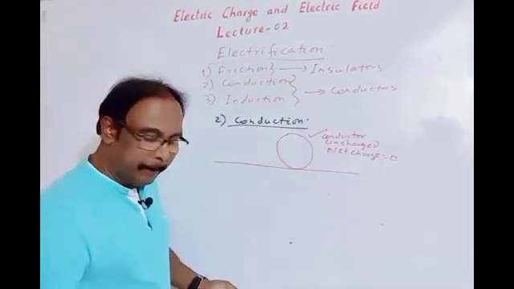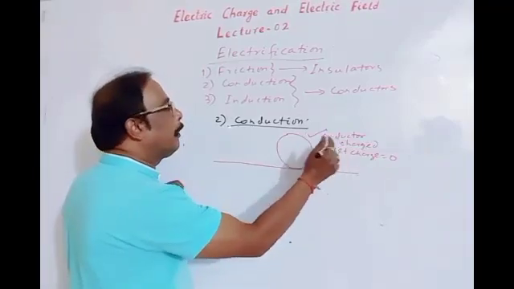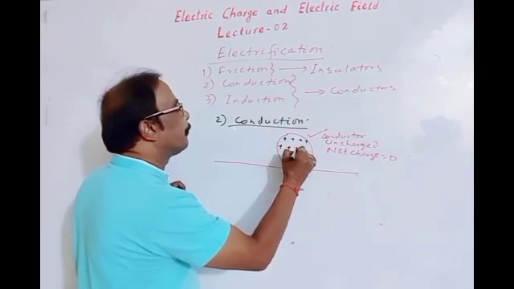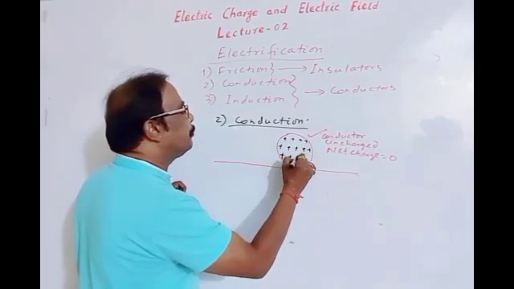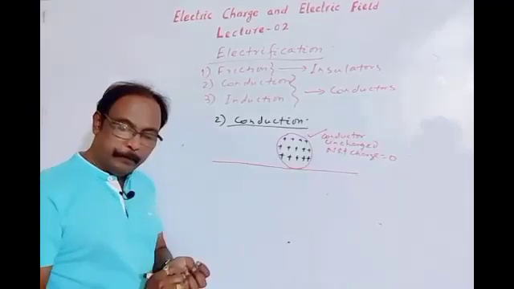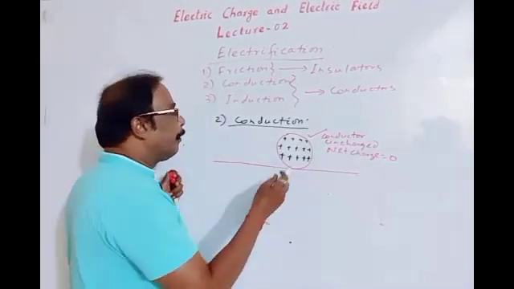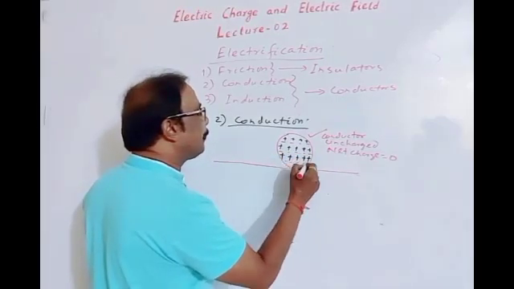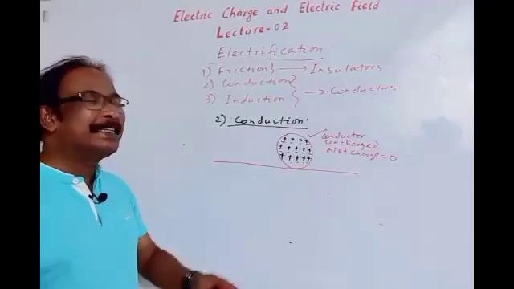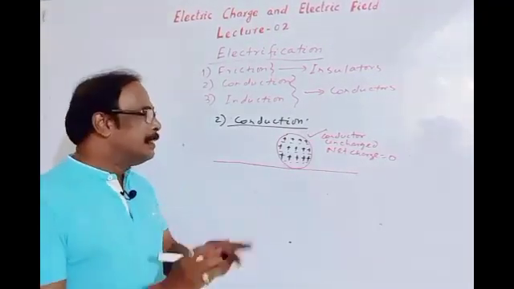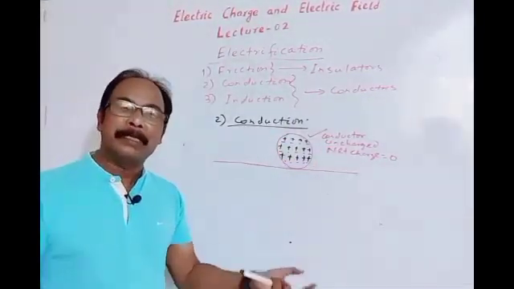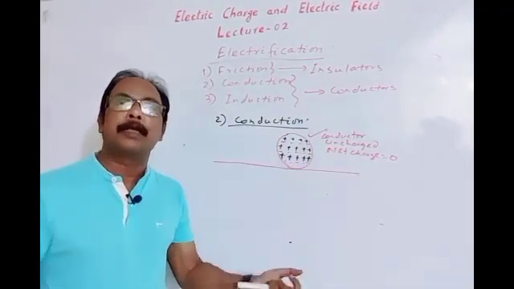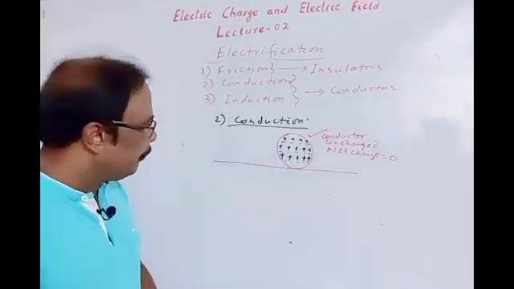Means in this body, neutral body or uncharged body, number of protons is equal to number of electrons, so that the body is neutral. Okay, number of protons is equal to number of electrons. So sum of the charges, means algebraic sum of charges of electron and proton, is 0. So this conducting body is uncharged. Net charge of the body is 0. Okay. Now